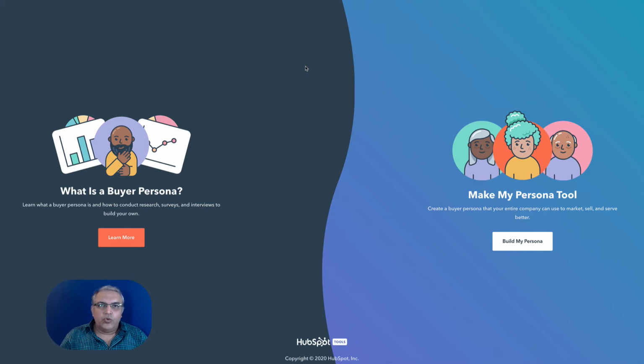So we are looking at a simple tool called the Make My Persona tool. It's from HubSpot. It's a free tool. You can try this out. It works perfectly. Before this, I was sending people 10-15 pages where they had to sit and fill out a lot of information, and they used to get confused. Half of them did not even get back because they found it too complicated. So to make things very simple, I'll walk you through this Make My Persona tool and show you how it works.